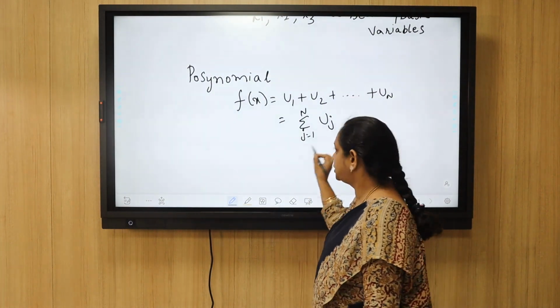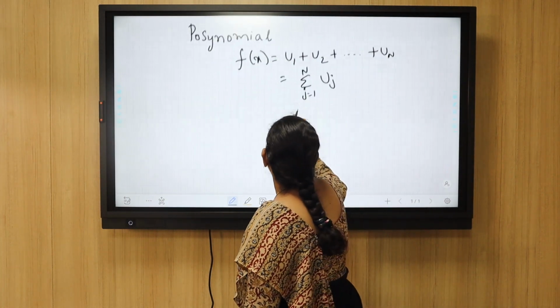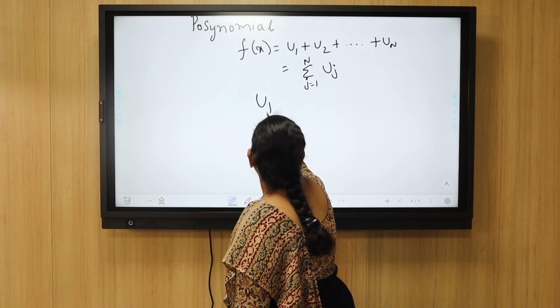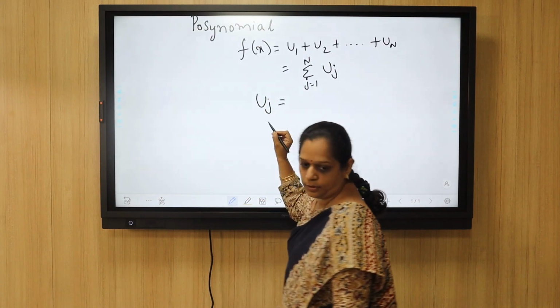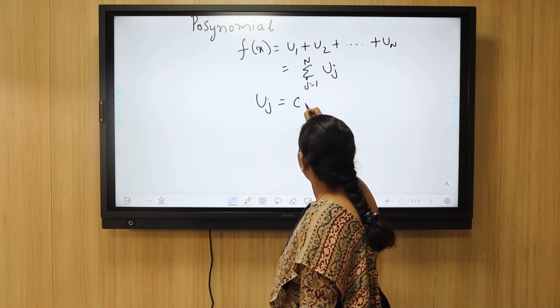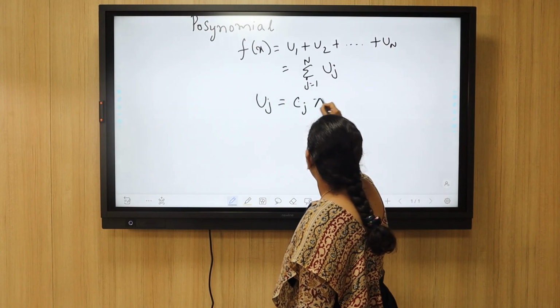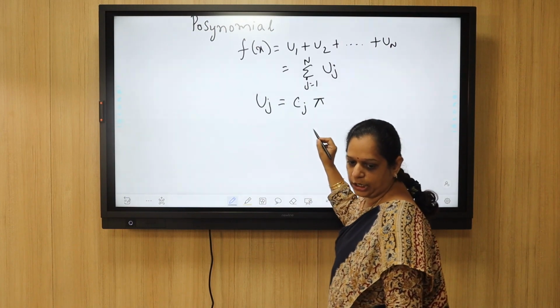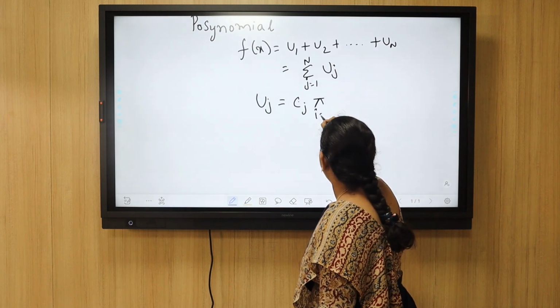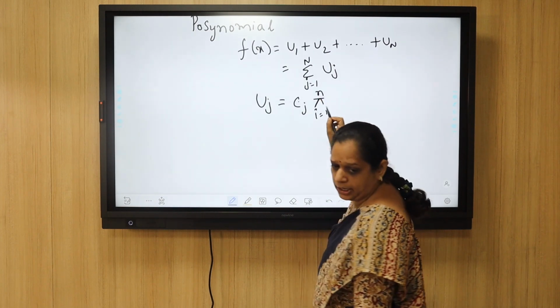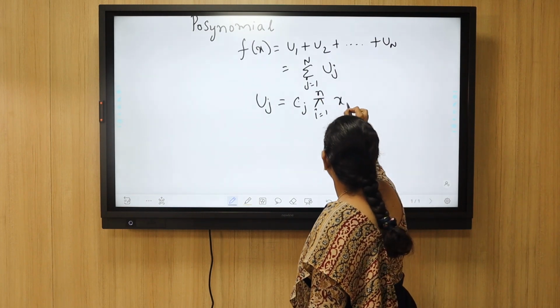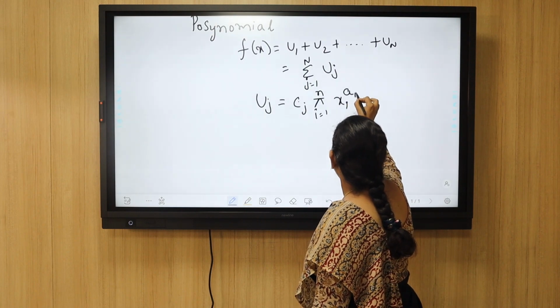Then what is uj? uj equal to cj times the product over i equal to 1 to n of xi to the power aij,